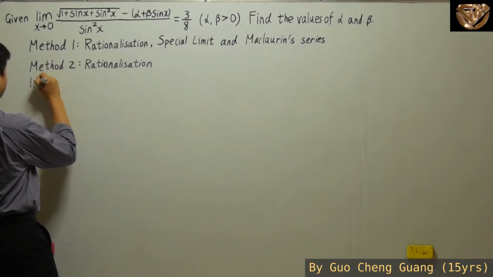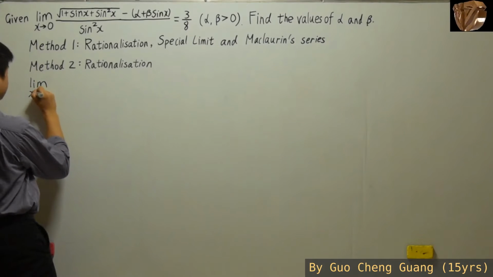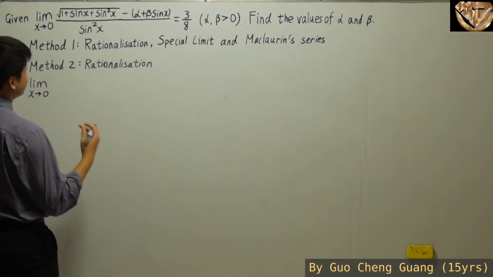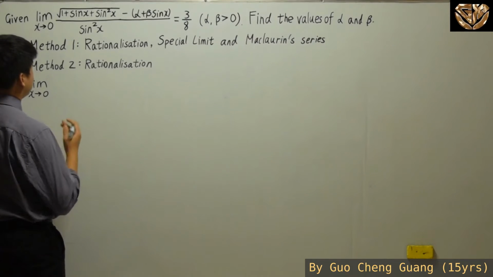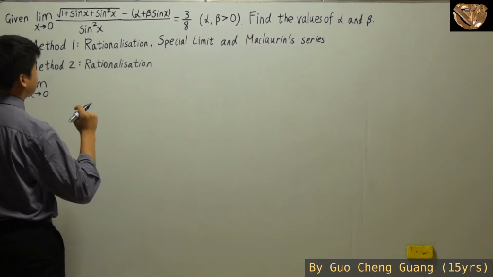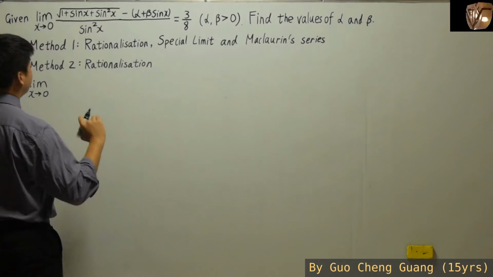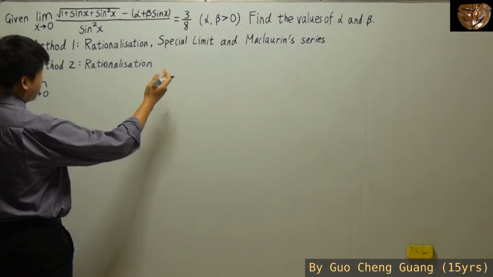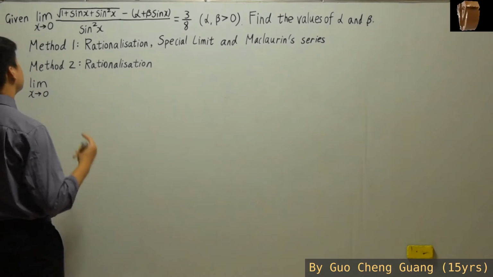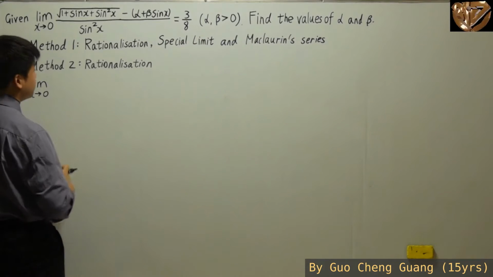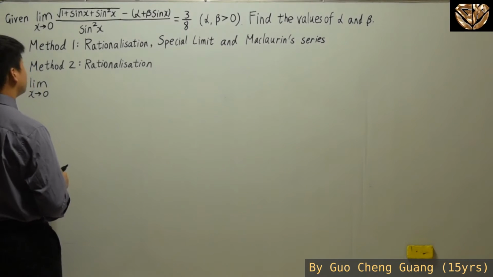Well, we have limit x approaches to 0. Since it is a 0 over 0 form, when you substitute the x in, you would immediately realize the denominator becomes a 0. And since you get an actual value, something that exists, which is 3 over 8, that means your numerator has to be 0 when you substitute x inside. Right, so with that information, it means that